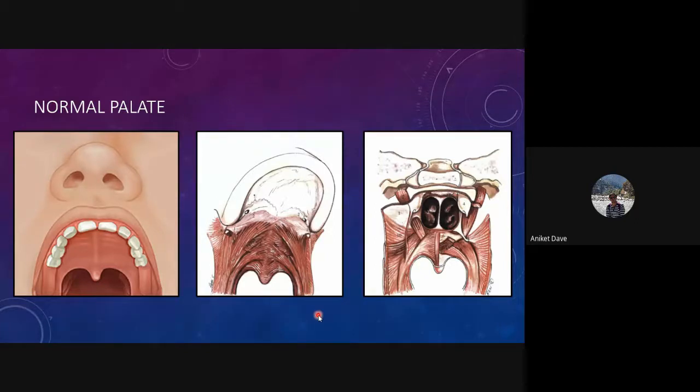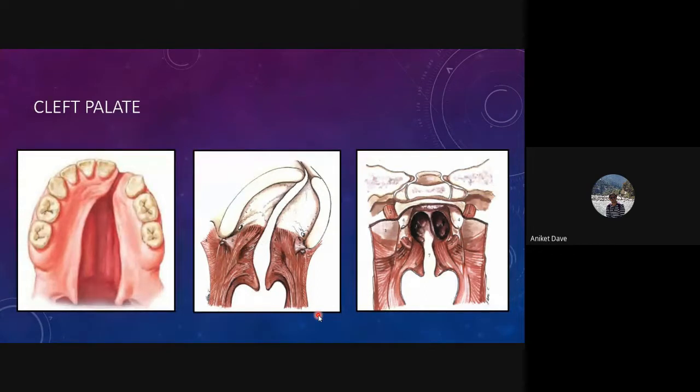The function of the palate is basically to separate the oral cavity from the nasal cavity during either deglutition or during speech. So this function is lost in a patient with a cleft palate, which you see here. As you can see, there's a gap. This may or may not extend into the alveolus, depending on whether the cleft of the palate is associated with the lip or not. And the muscles are abnormally inserted here onto the posterior edge of the hard palate. And hence they are unable to raise the soft palate as is necessary during speech and deglutition.